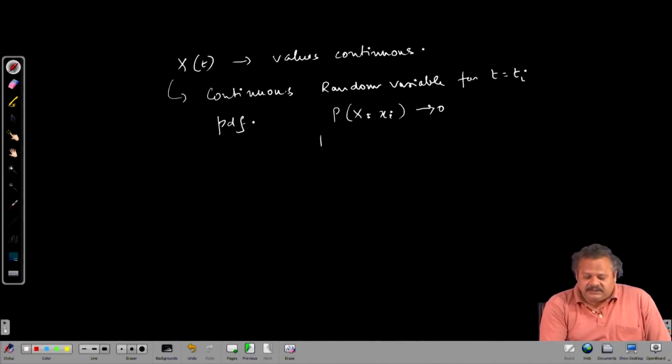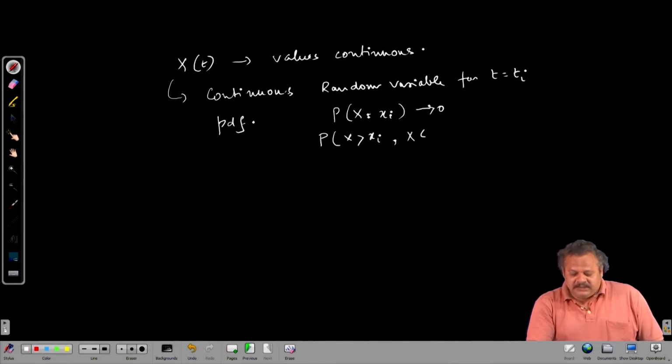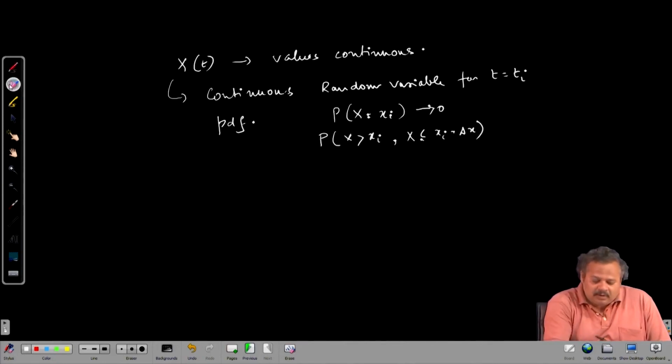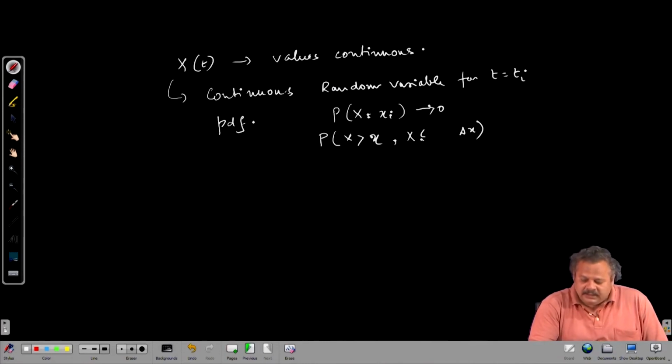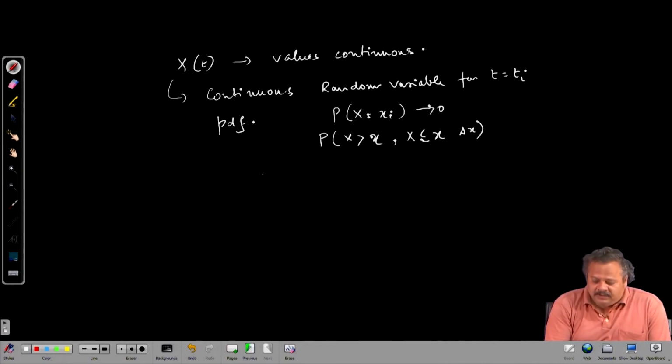So, we always consider probability of a continuous random variable x to take on a value greater than xi and x less than equal to xi plus delta x. Or we can drop the suffix here, let us write this as x and less than equal to x plus delta x. So, this probability can be written as integral of